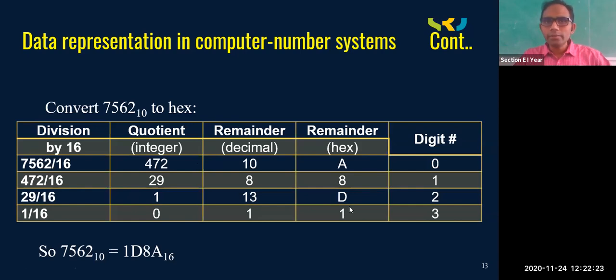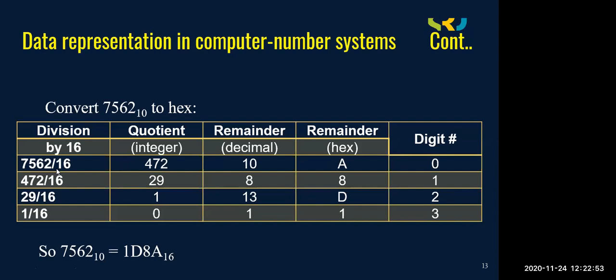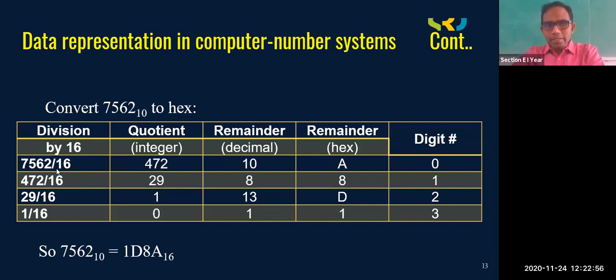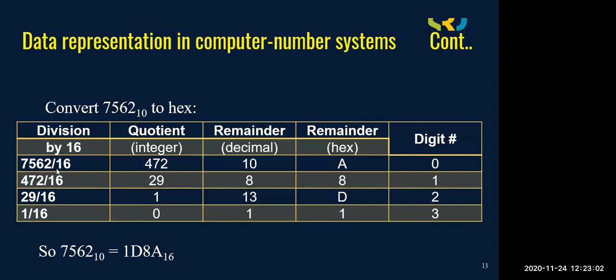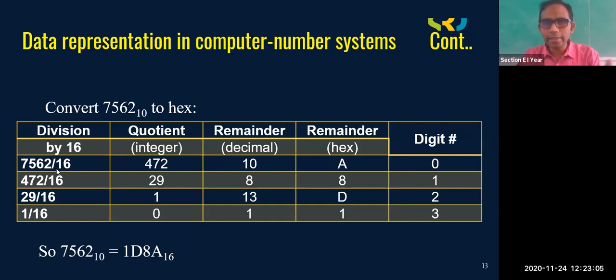So just concentrate here. What we are going to do here is, we are going to have division, quotient, remainder in decimal part, remainder in hexadecimal. For our understanding, we are doing like this. First, whatever the value is 7562, you are going to divide it by 16. Can you see here 7562? If you divide that by 16, the quotient is 472 and remainder is 10. But in hexadecimal, we don't have remainder 10. We are going to call it as A. 10 is equal to A. Up to 9, 0 to 9, then A.